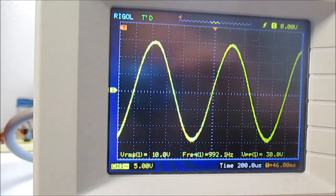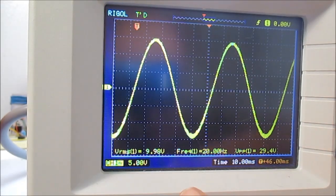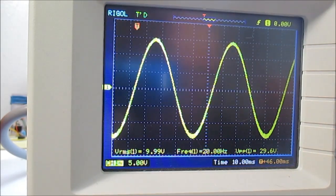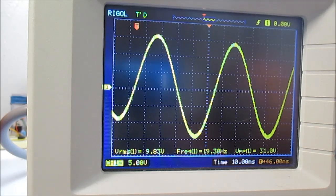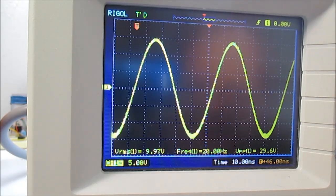Let's try another frequency. Okay, so now we're running at 20 hertz. I was running at 1 kilohertz before, by the way. Got it set at, well, about 10 volts. It's 9.99. Jumps around a little bit. So I will connect the 8 ohm load. 9.98, 97, it jumps back and forth. Yeah, it's not really changing. Maybe